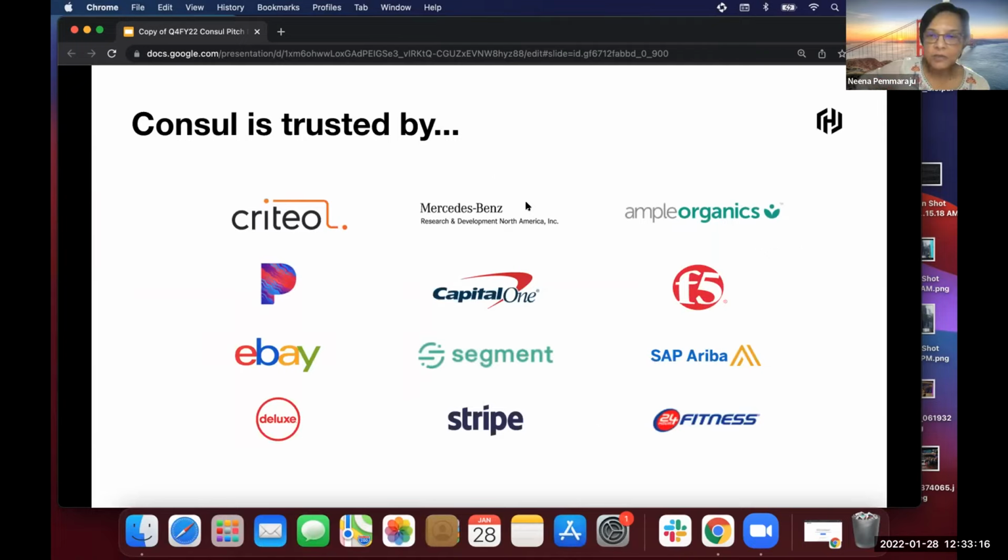Just a quick list of some customers. I know most people on this call are from the financial segments, so I wanted to point out a few. You can see Stripe, they are a newer financial services company, but their whole service depends on Consul. There are public use cases. You can read about their use case. Capital One is another, actually a whole HashiCorp stack company.